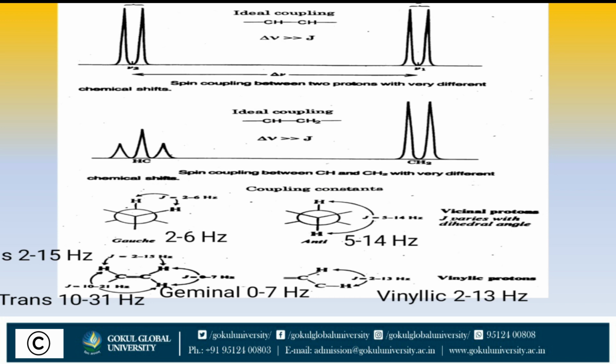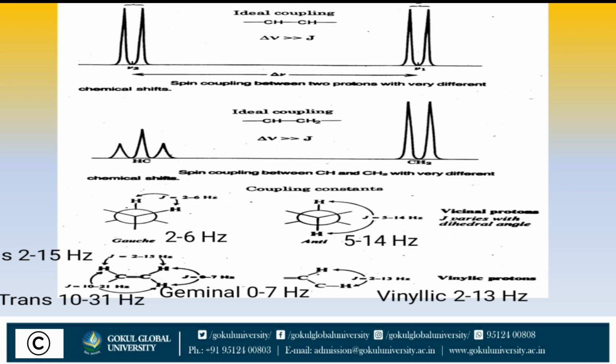We discuss coupling, vicinal, geminal and long range coupling, in another video lecture. So here we only show the coupling of nu and delta nu and J. The difference, delta nu, is greater than J, and the ideal coupling of CH3 and CH. Here CH2 will give 2 values and then CH gives 3 signals. These 3 signals of delta nu are also greater than J. Then how can this be calculated and determined? Then chemical shifts differ by the J value.